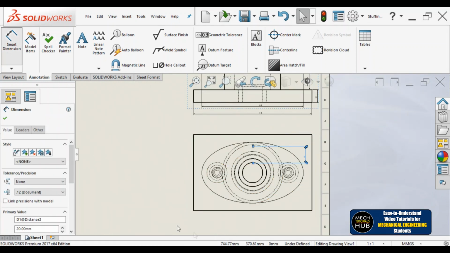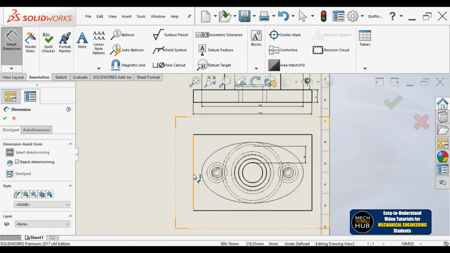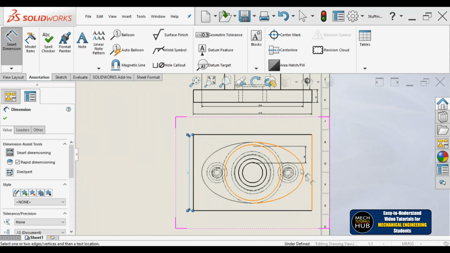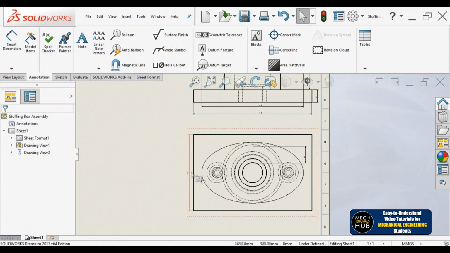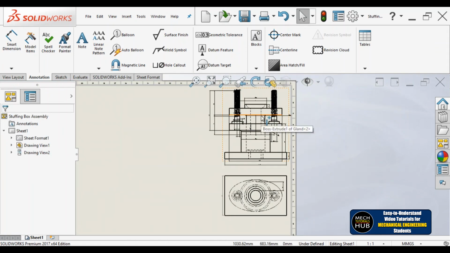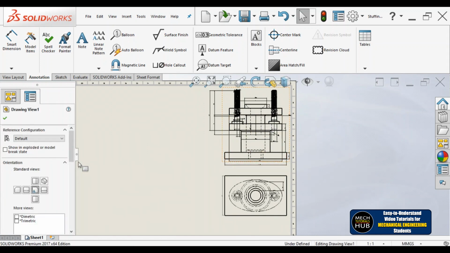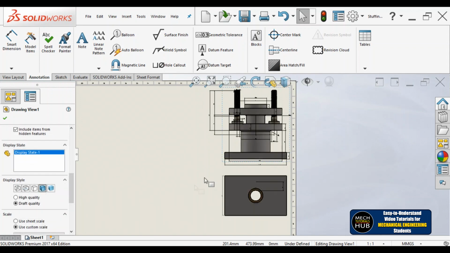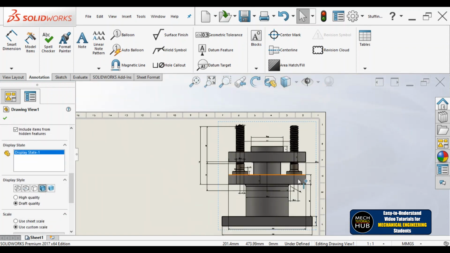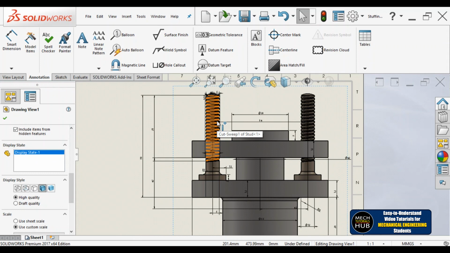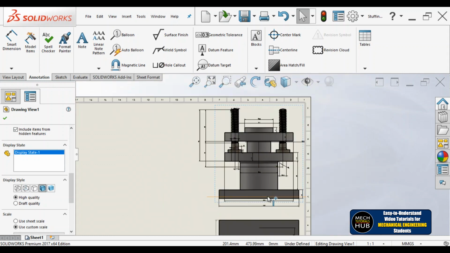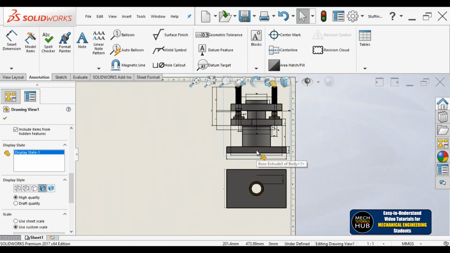If you want to place some dimensions on the top view also, go to Smart Dimension, and let me fix this dimension 40, and if you want some other dimensions, you can place them in and around. Whatever dimensions are required will be given to you with an assembly. I'll keep this complete view in solid. Now you will understand the individual components. Let me keep it in high quality. These two are the same parts, but let me count 1, 2, 3, 4, and internally you find one more component.